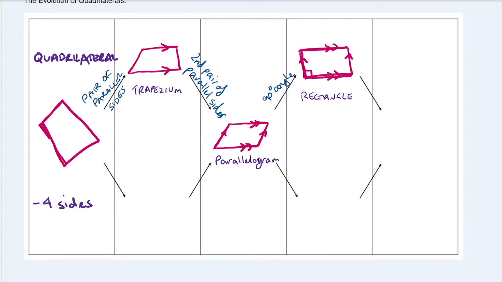And then we'll leave the last one for now. Let's go back to the beginning. And instead of going up to the pair of parallel sides, what I'm going to do down the bottom is add a couple of pairs of equal sides. So 2 pairs of equal sides. What that's going to give me is, here's a pair of equal sides